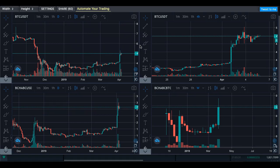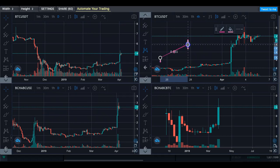And now, since Bitcoin has pumped, it might pump a little bit more, and the bigger caps might pump a little bit more as well. But the moment Bitcoin consolidates or gets stable, as we can see here, the other alts start pumping, all right? And in fact, if we look at the other caps,